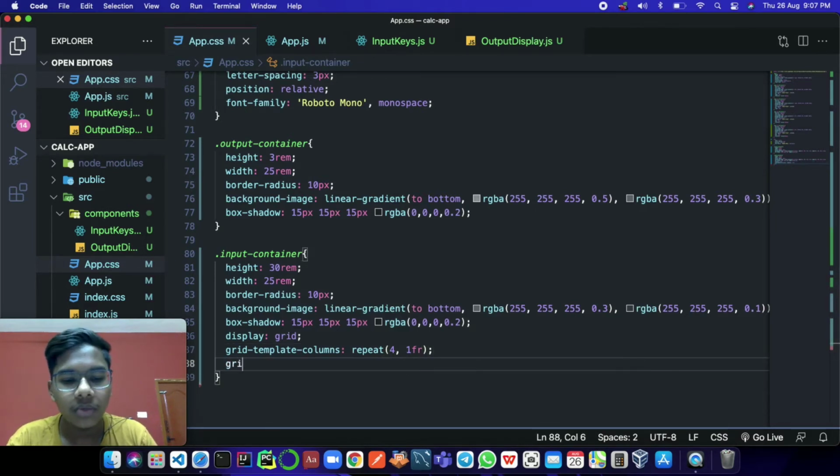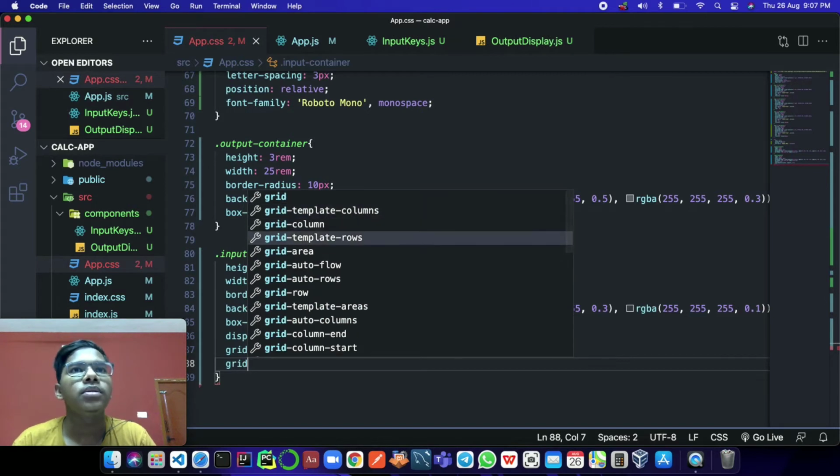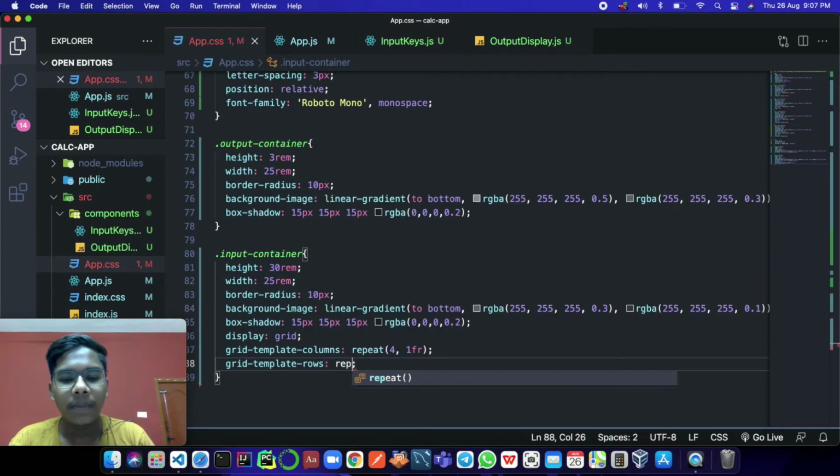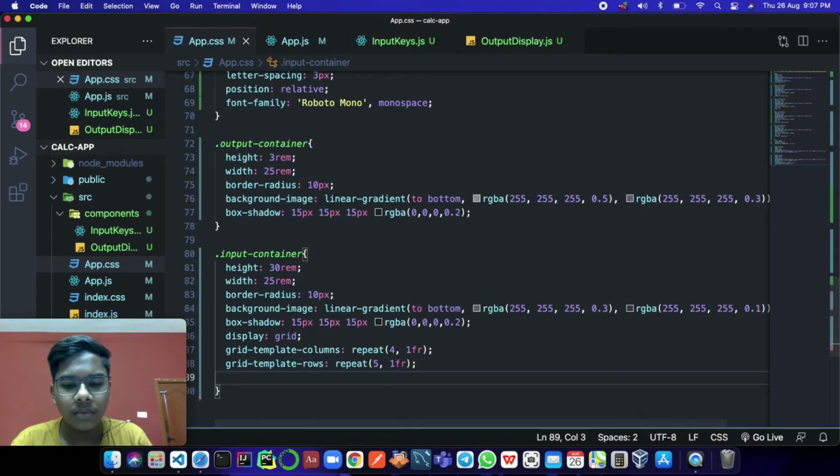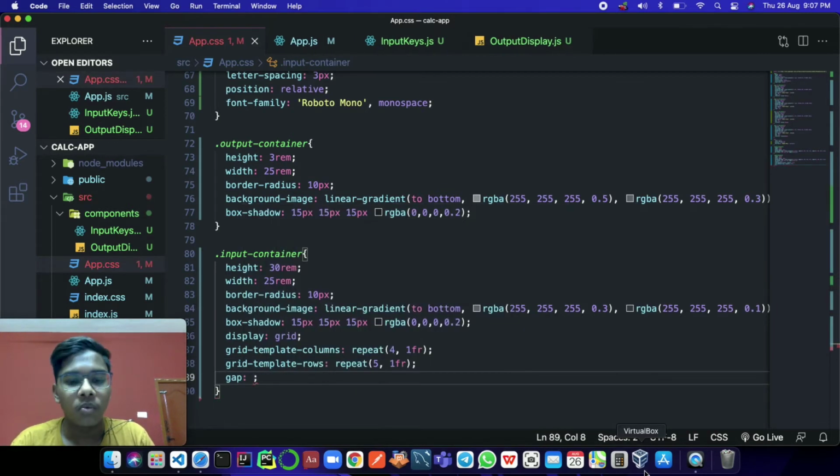And I'm just going to have a grid template rows and repeat the same thing of 5 and 1fr, which means 1 fraction of 5 things. Literally, it will just have 5 rows with equal length. That's it. Now I'm just going to give a gap of 1px and